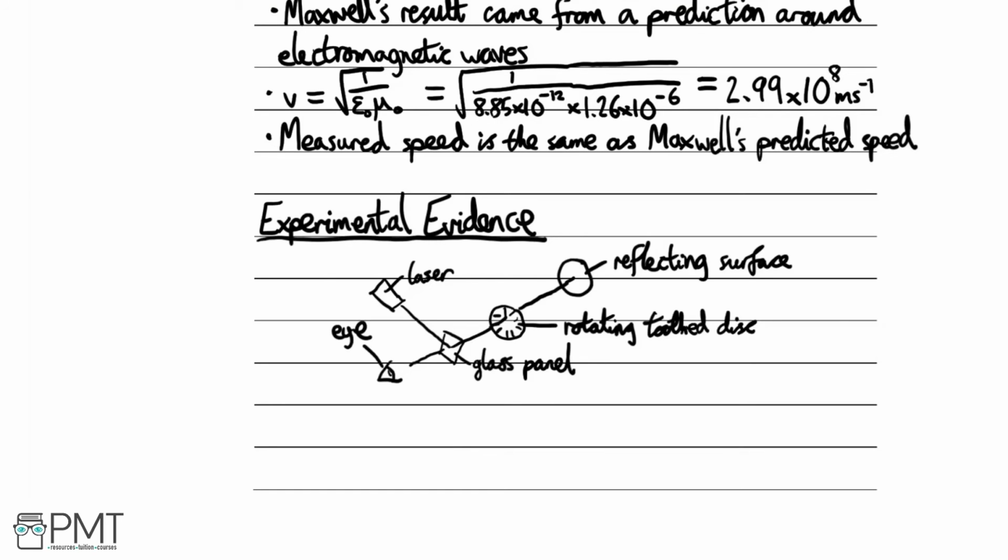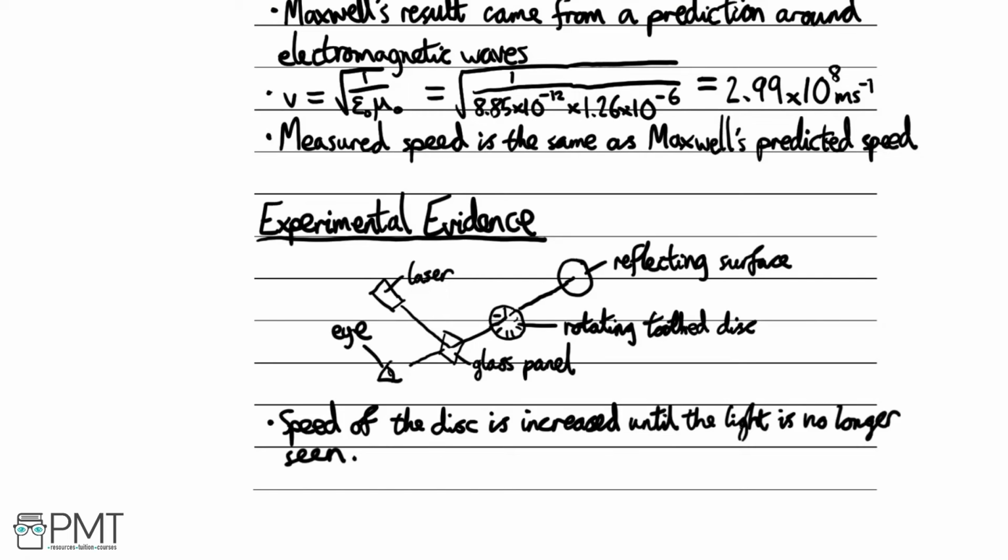Now, without going into too much detail in terms of the equations, the speed of the rotating disc is turned up until the light is no longer seen. At this point, when the light can no longer be seen, the light passes through in one direction through a gap, but then when it comes back, it hits a tooth, which has now taken the place of the gap where it initially passed through. And we can use calculations around this to find the speed of the disc. We don't need to go into too much detail here because the assumption is that this section is approximately 2